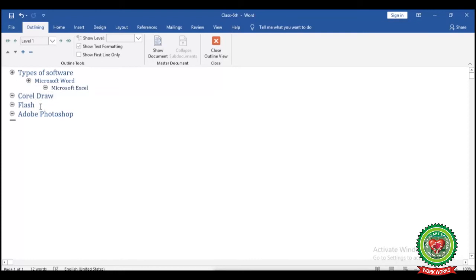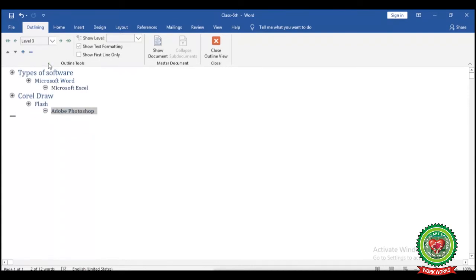In the same way, select the next text, that is Flash. Click on drop-down arrow of heading level and select level 2. In the same way, select the last text, that is Adobe Photoshop. Now again, from heading levels drop-down arrow, click on heading level 3 option.